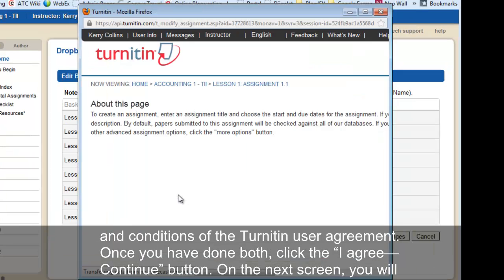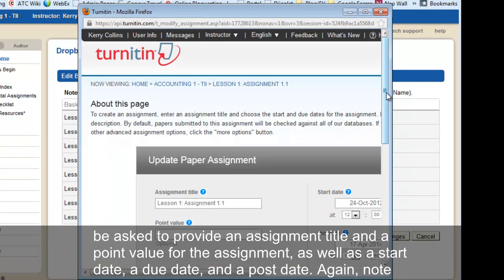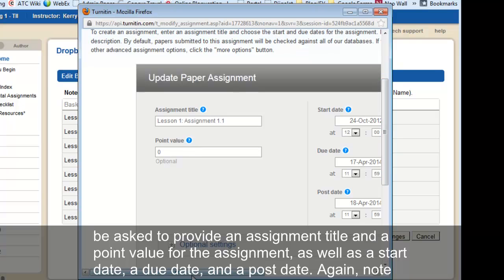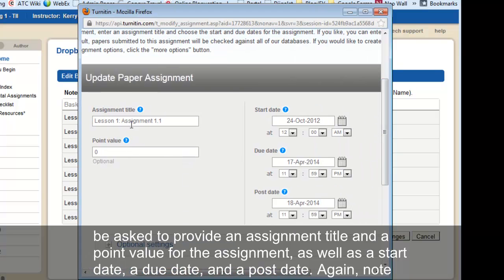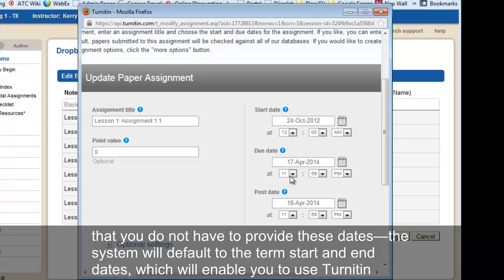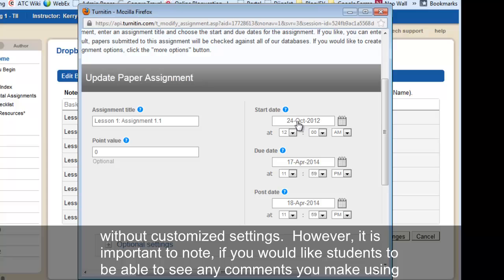On the next screen, you will be asked to provide an assignment title and a point value for the assignment, as well as a start date, a due date, and a post date. Again, note that you do not have to provide these dates. The system will default to the term start and end dates, which will enable you to use Turnitin without customized